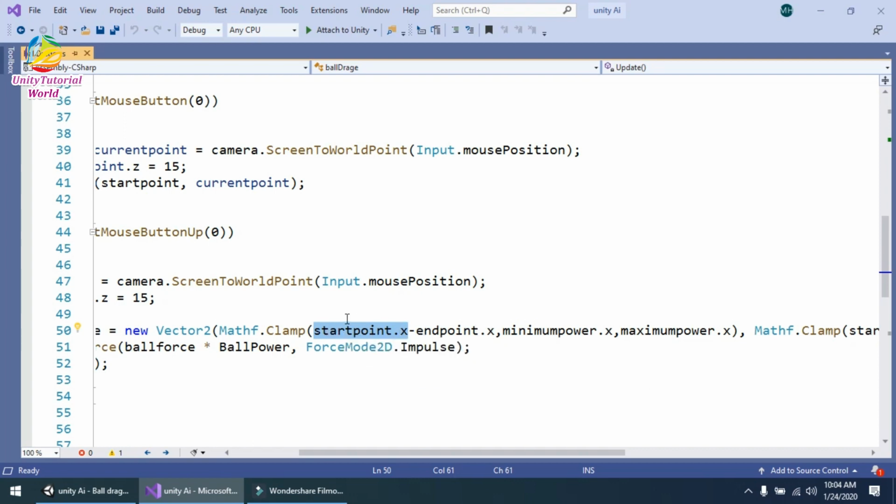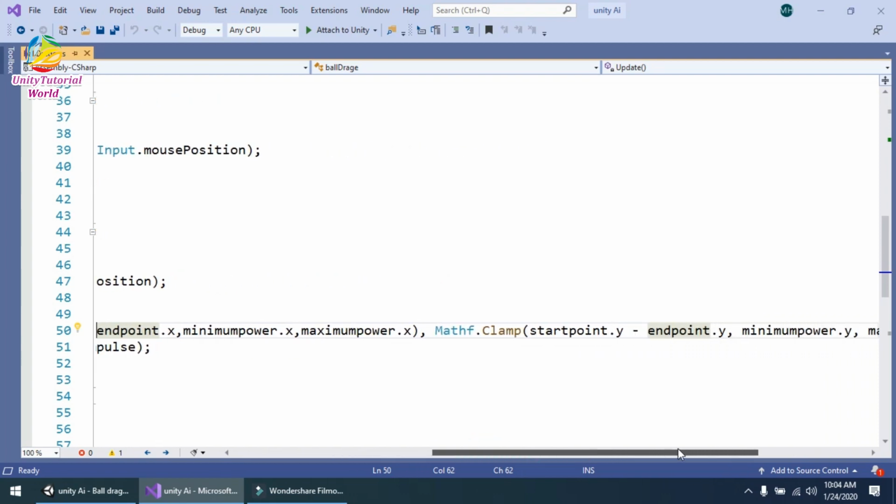So simply when we click on mouse, it will note the start point and get the x component, and when we leave the mouse, it will get the end point of our line and get the x component and simply minus it. And we should give the minimum power of x and maximum power of x. So in this we want to draw the line between maximum power and minimum power.